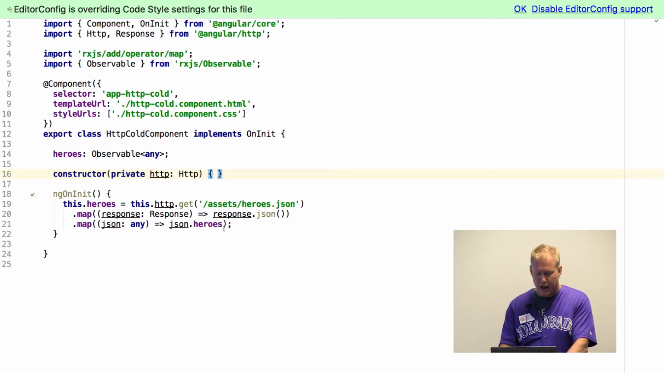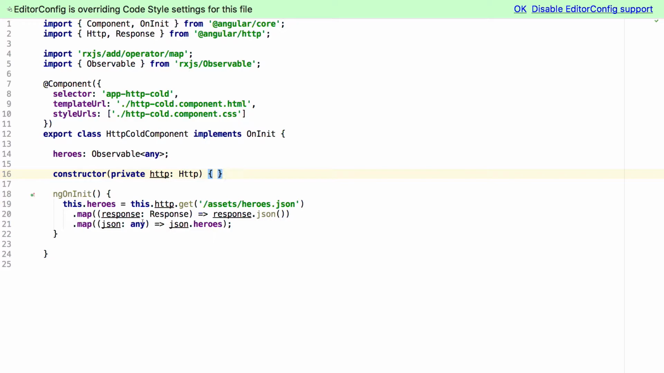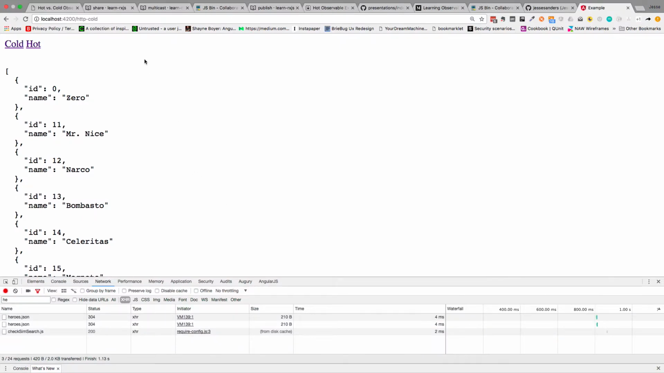So what's actually happening though, when we come back over here, is we notice it's loaded twice. But we only loaded it once. Okay, so here's where the confusion comes in. If we look at the